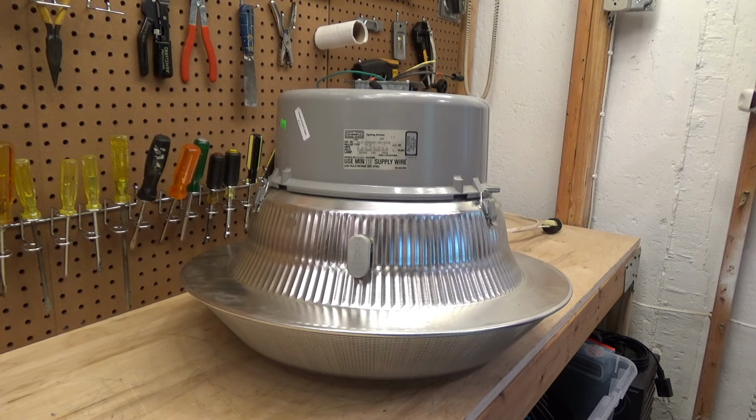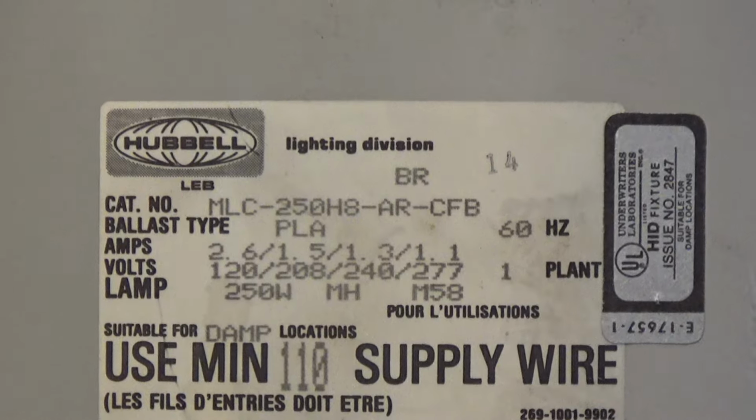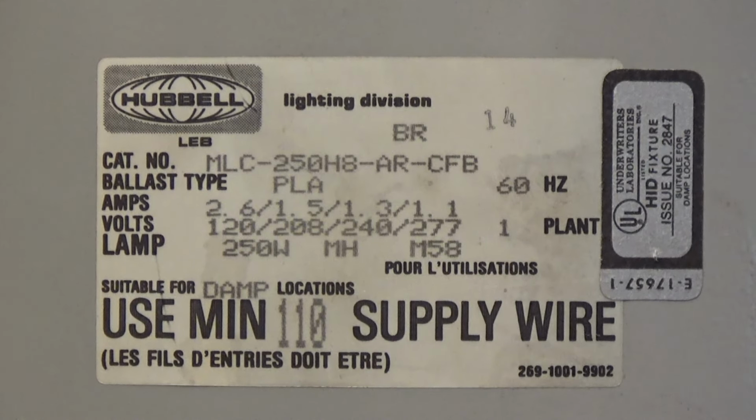Here is a 250 watts Metal Halide light fixture. This is a Hubbell branded fixture, the Hubbell lighting division. It is category number MLC-250H8-AR-CFB. It is a multi-tap ballast. It can take 120, 208, 240 or 277 volts,